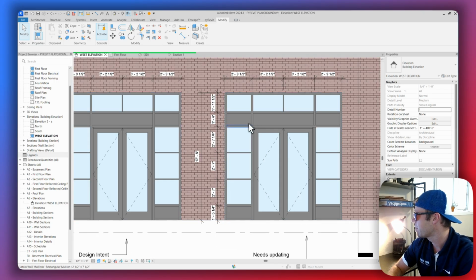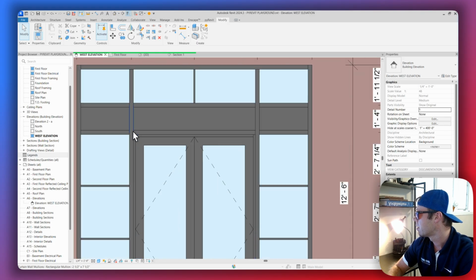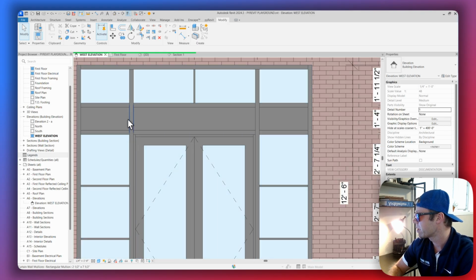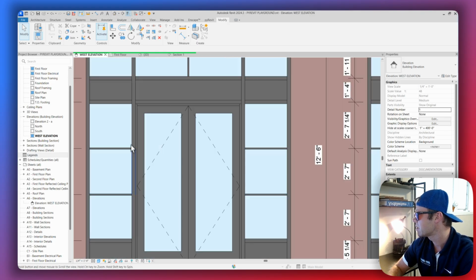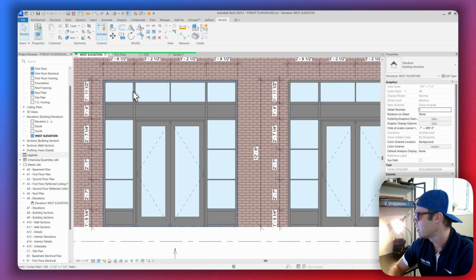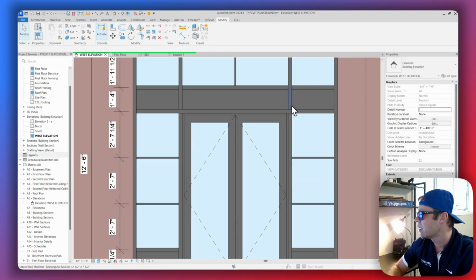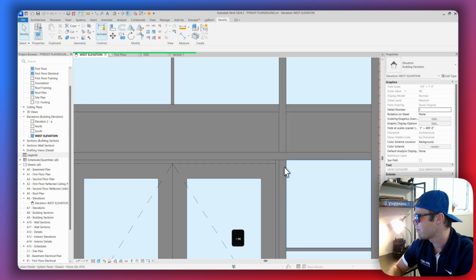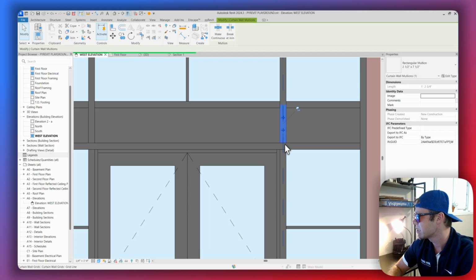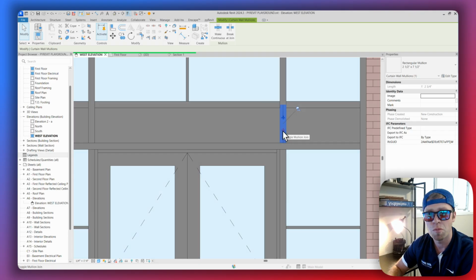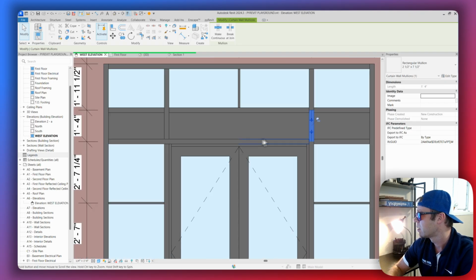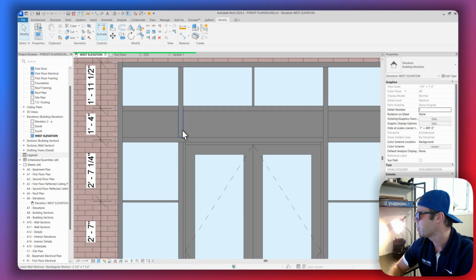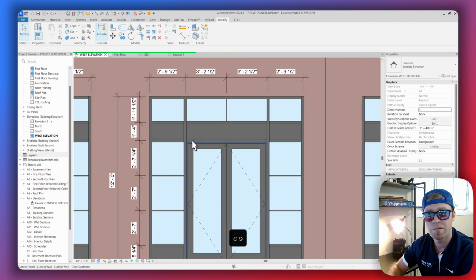I think, well, let's see. No, we have one other thing here. See how the vertical mullions are continuing up throughout the curtain wall on this design intent one, and on this one they are not. So one quick edit there is to just select, so this is kind of an annoying part of Revit, is selecting these and managing these, but you can toggle mullion joins by selecting the mullion you want to edit, and then toggle mullion join, selecting that little crosshair, and that will join those. They can be tricky, they don't always work. That time they did work well,